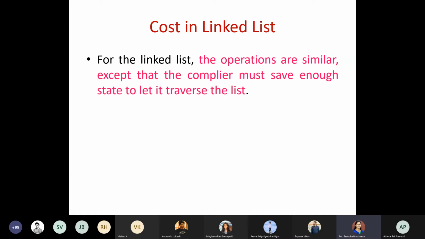The declaration of your array, what your requirement should be, should have been declared at the beginning phase of your compilation itself. That means during your front end part itself, it has to be initialized. But when you go for a linked list, that is not required. As many statements as you have, accordingly you can keep linking them. So that is the other main difference when compared with arrays and the linked list concept.